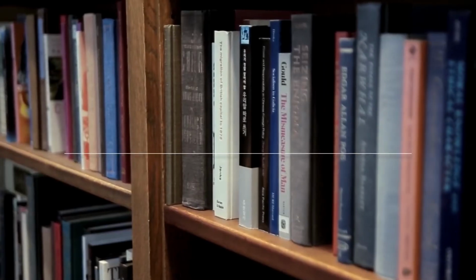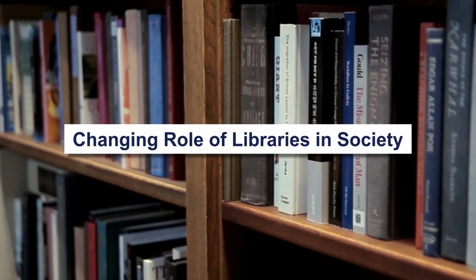The focus for today's presentation is from the course BLI 221, Library, Information and Society. The topic is titled Changing Role of Libraries in Society. In this presentation, we shall cover some of the important aspects of changing role of libraries in society, and we will try to understand what library and information science is all about. We shall also talk about the evolution of libraries in the 21st century and the functional role of library and some of the significant roles which library plays in society. And we shall also try to explain whether library is still relevant in the